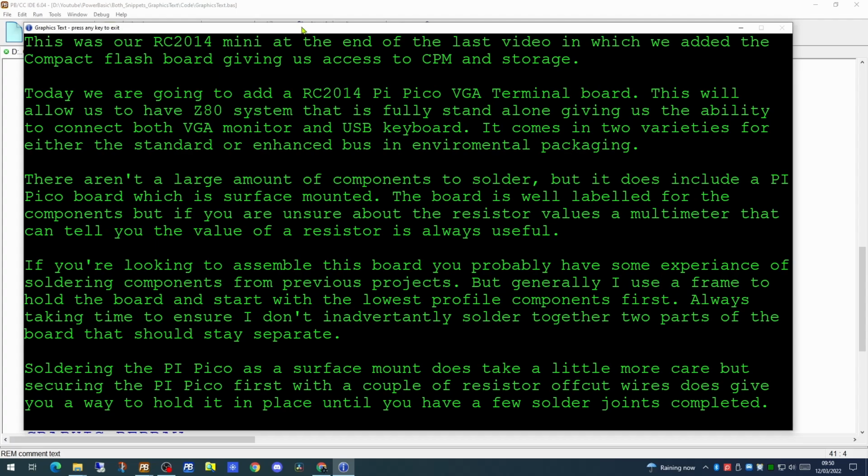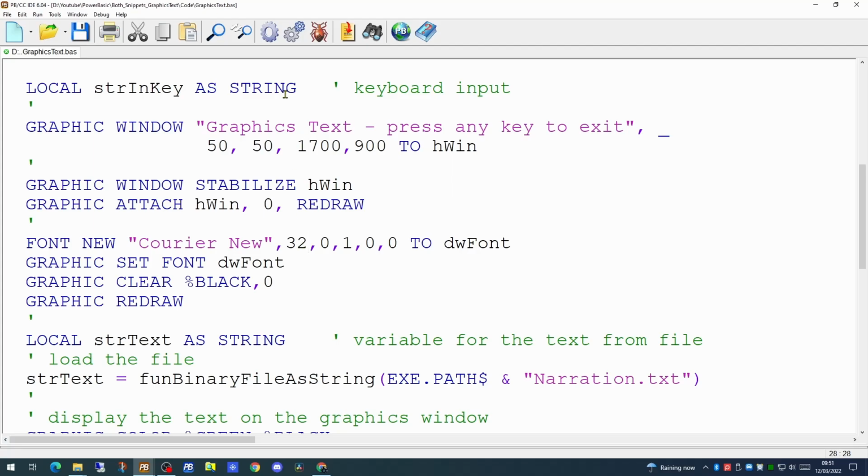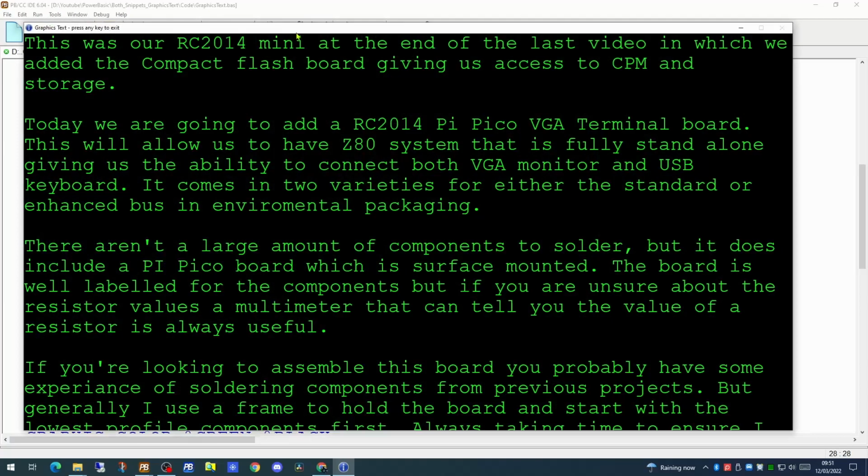However, what happens when we change the font? Perhaps making the font slightly larger. Let's change our font to 32 point. Well, it's still folding round quite happily, but we're losing some of the text at the bottom of the screen. The screen is now no longer large enough to hold all the text. How can we handle that?